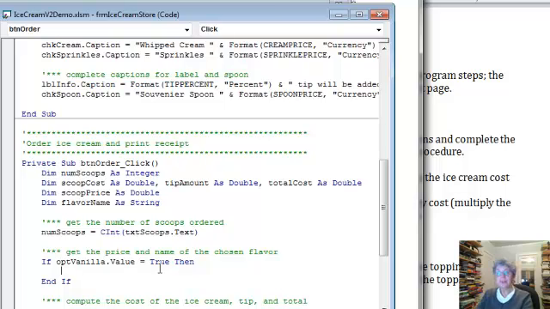So if the vanilla option is true, then what I'm going to do is set the scoop cost equal to, well, this should be the scoop price. So I made a convention here that price is the price for one and cost is the cost for all of them. So I'll say scoop price equals vanilla price,